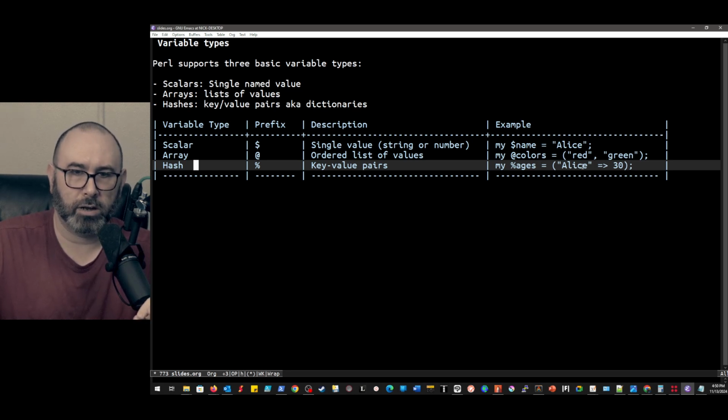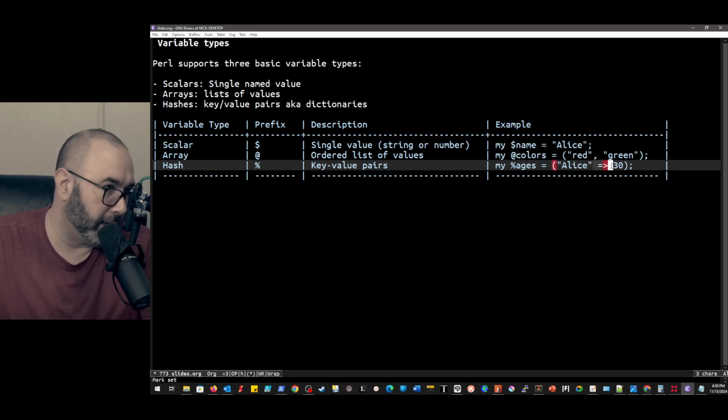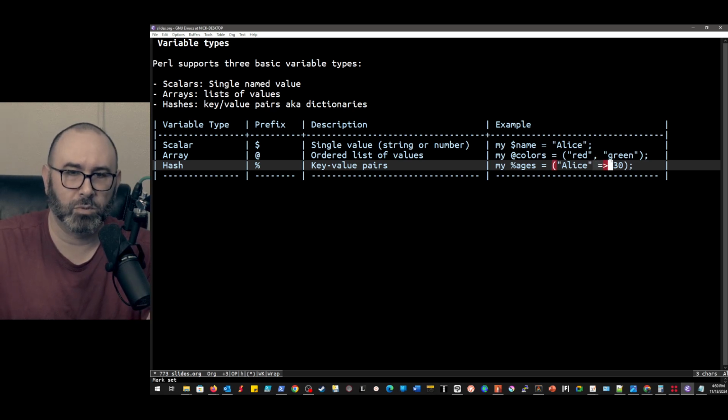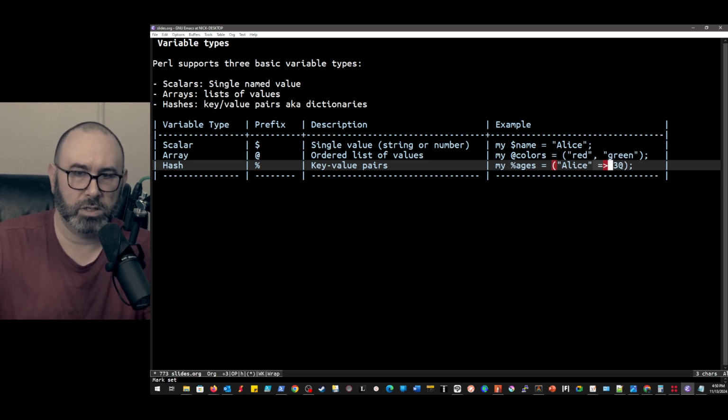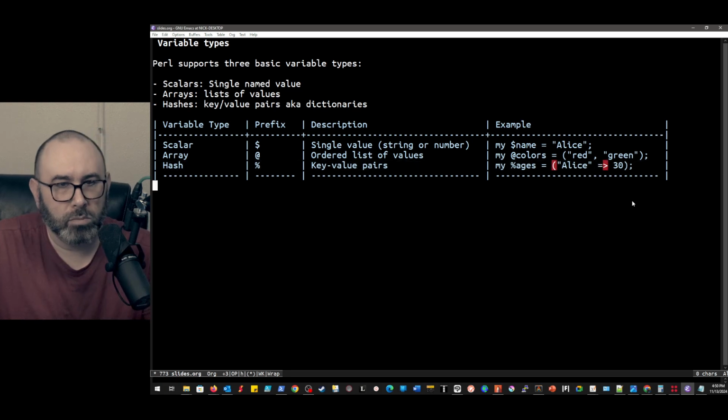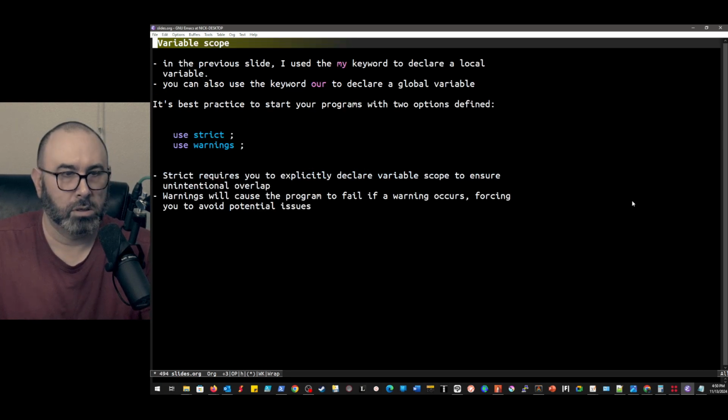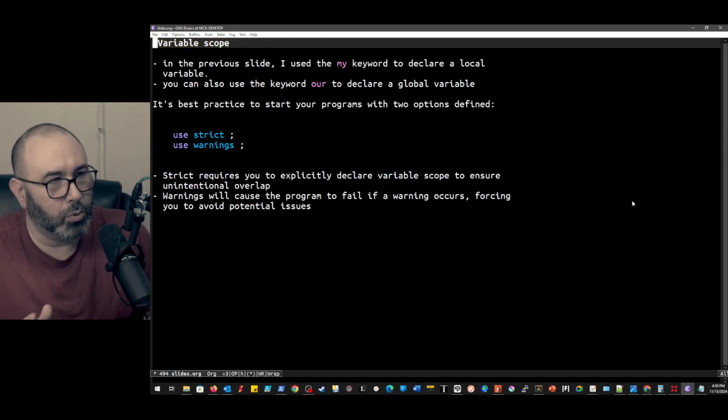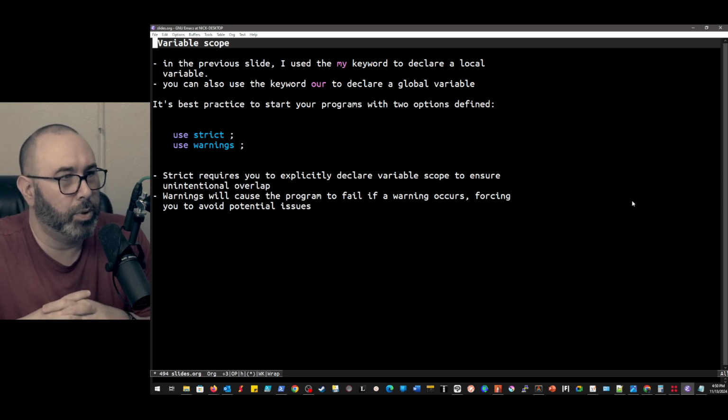And we're going to have Alice, and then we have this arrow notation, which I actually really like. I think that's very clear in terms of what you're doing: you're setting this key to this value. In this case, it's going to be 30, right? So all this stuff is pretty basic and pretty easy to pick up.